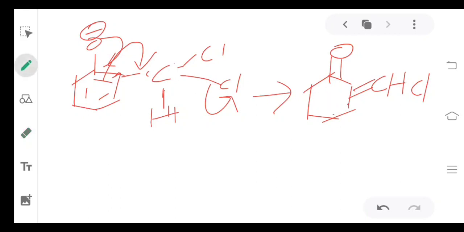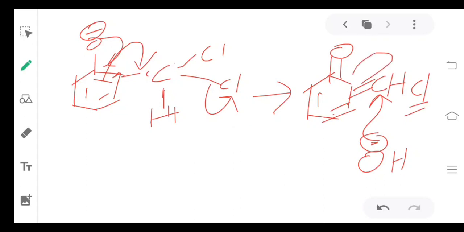Now please pay attention, students. We know that we have used only two bases. Here the third base will react on this electrophilic carbon, because this carbon is attached to Cl and to an sp2 hybridized carbon. The bond between carbon and oxygen will get shifted and it will form an aromatic ring. Again this carbonyl bond will get shifted, and at this point we will be having O minus, here double bond, here double bond, here double bond.